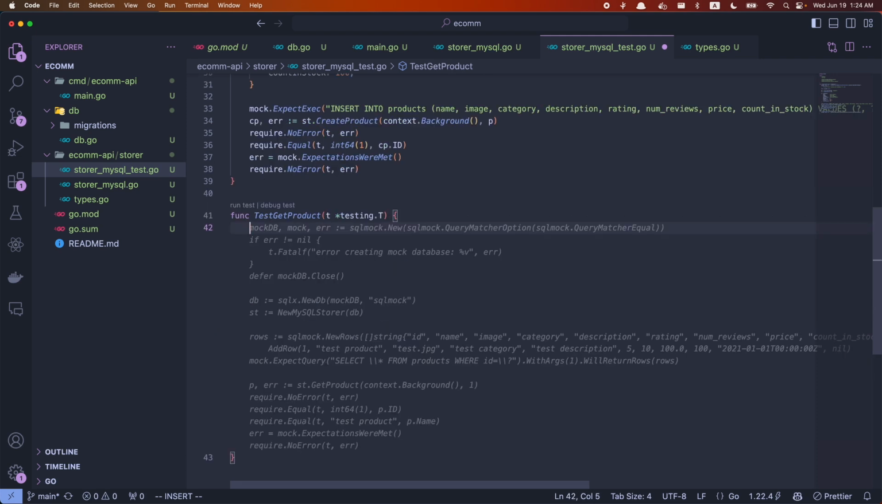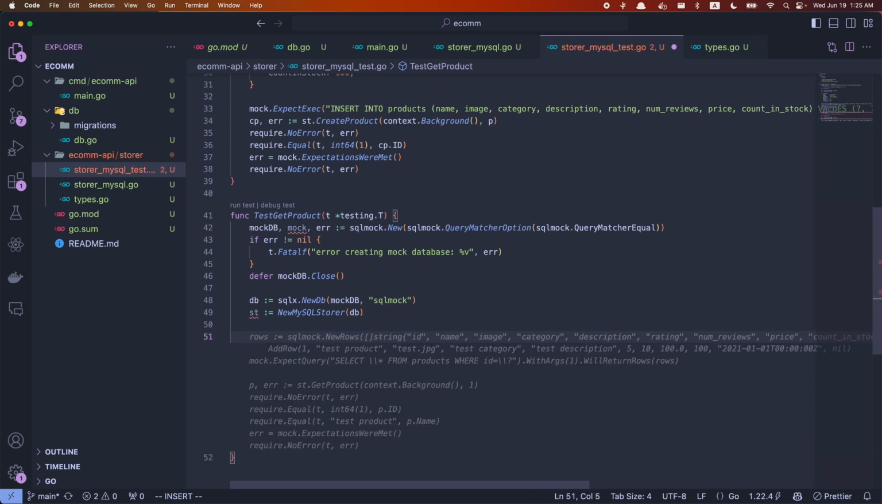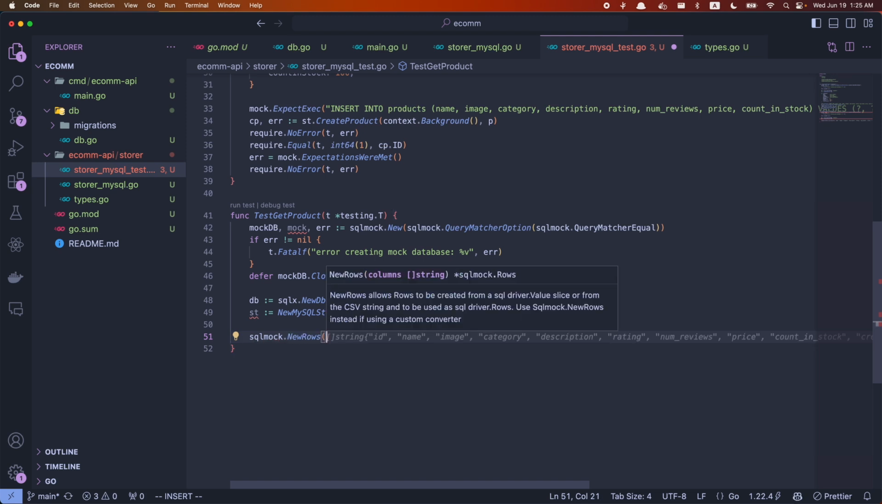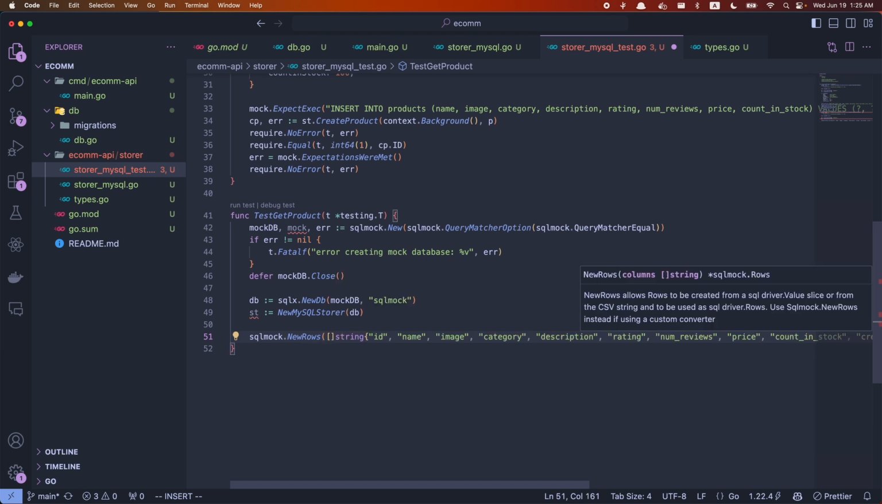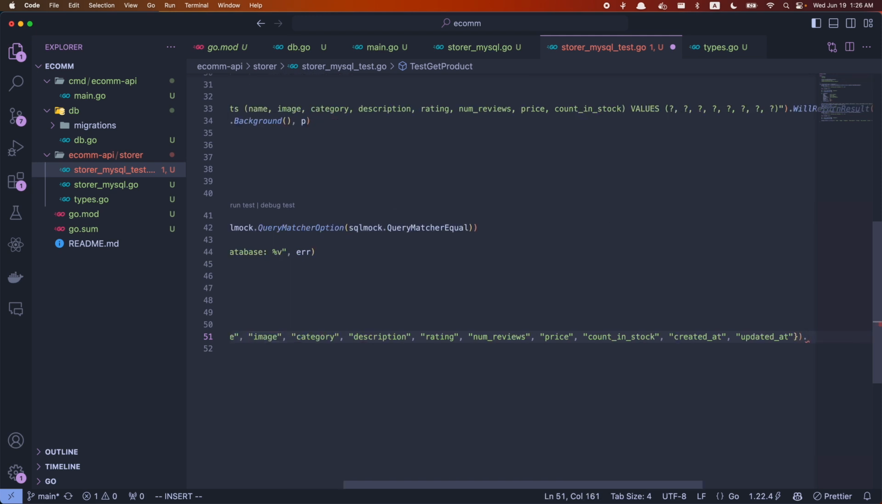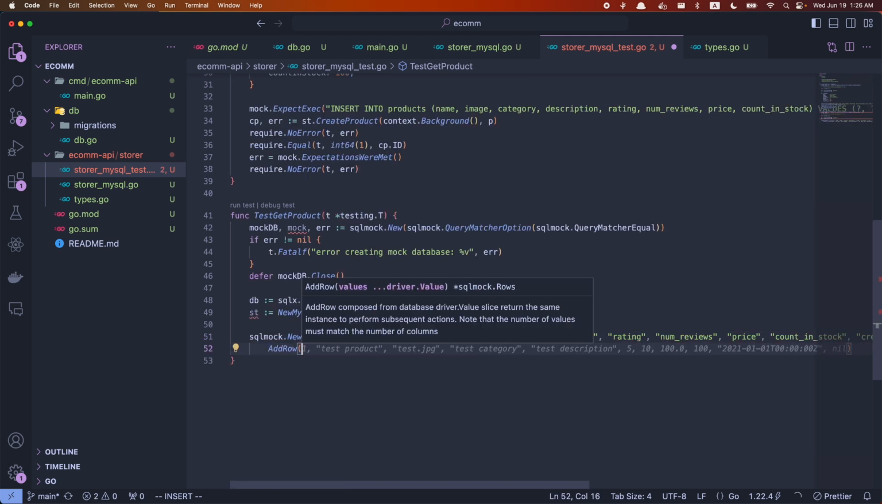So there is some suggestion from Copilot, but I'm gonna get rid of this part here because Copilots are not always accurate. And here I want to say sqlmock.NewRows, and here we define our columns for our rows. So let's see what the suggestion says. That looks good. So with this new rows, I can add row, and here instead of just passing in some